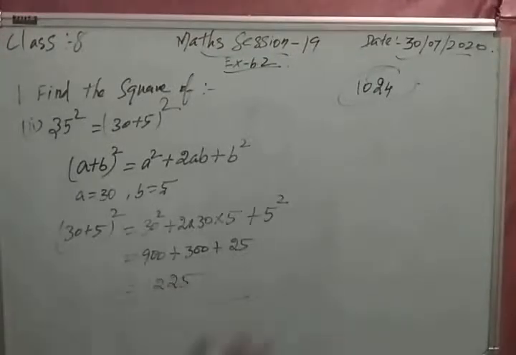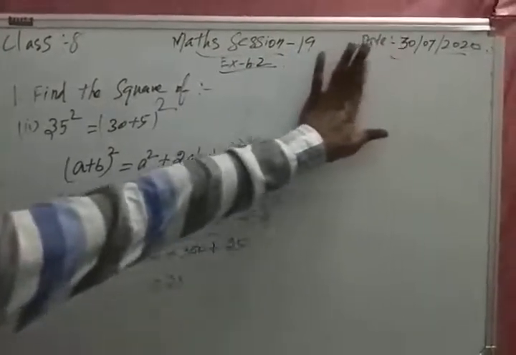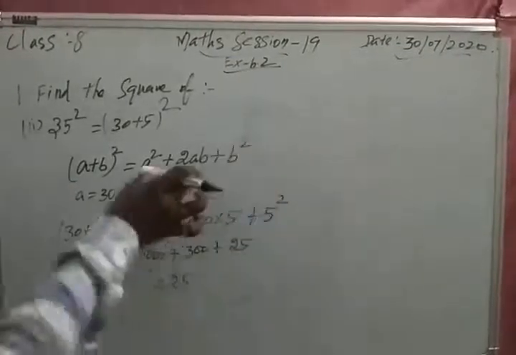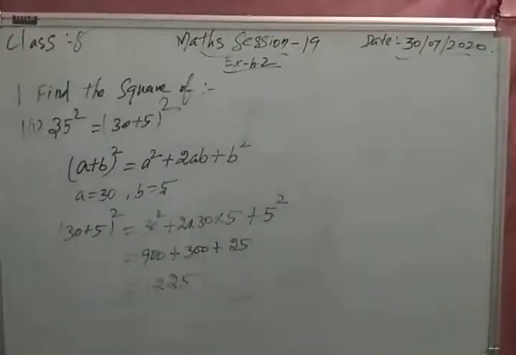If you have a doubt, you can multiply, and normally if you multiply also, you get the same answer. But here you have to find the value of the square like this only, compulsorily. In your book examples they have used one more method, but I am using for you the easiest method with this formula. Okay. Now the third question.